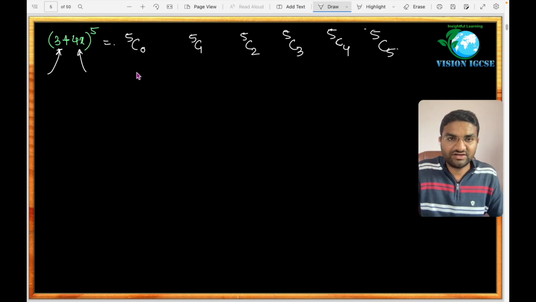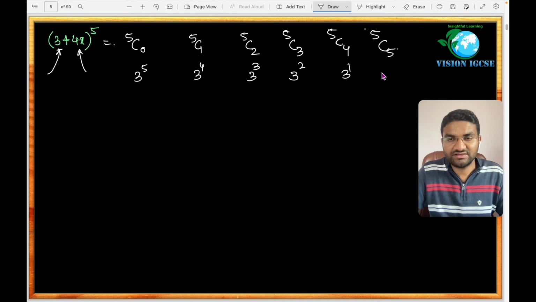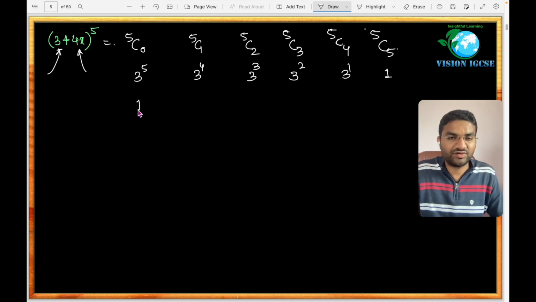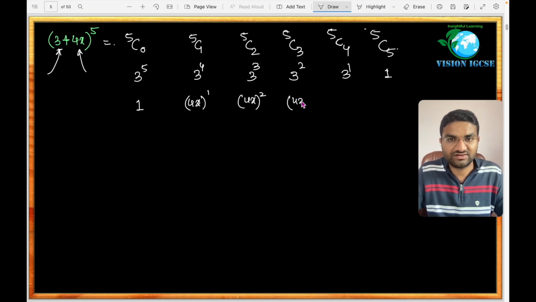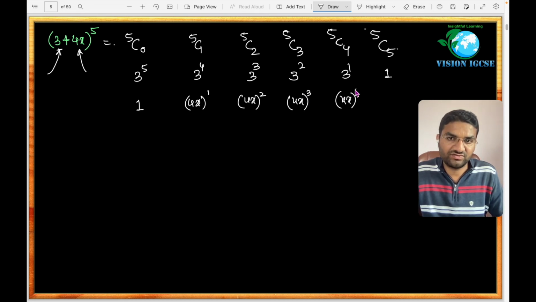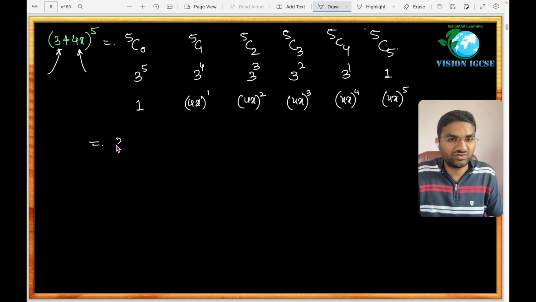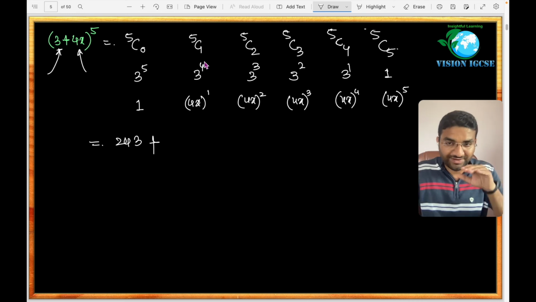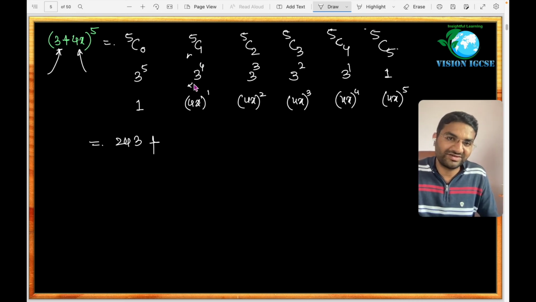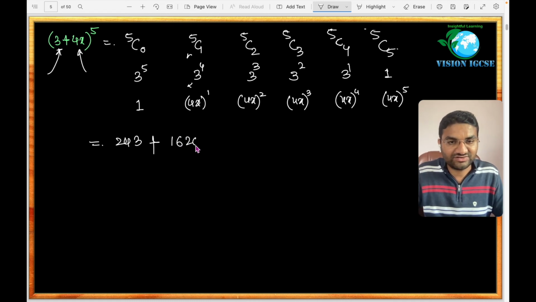Then next, the decreasing order of the first term: 3 raised to 5, 3 raised to 4, 3 raised to 3, 3 raised to 2, 3 raised to 1, and 3 raised to 0, which is just 1. Then the second term: 4x raised to 1, 4x raised to 2, 4x raised to 3, 4x raised to 4, and 4x raised to 5. Getting it? If you solve this using the calculator, you will get 243 plus. Now stop this video and solve this part first. You just have to do the multiplication and write down 1620x plus